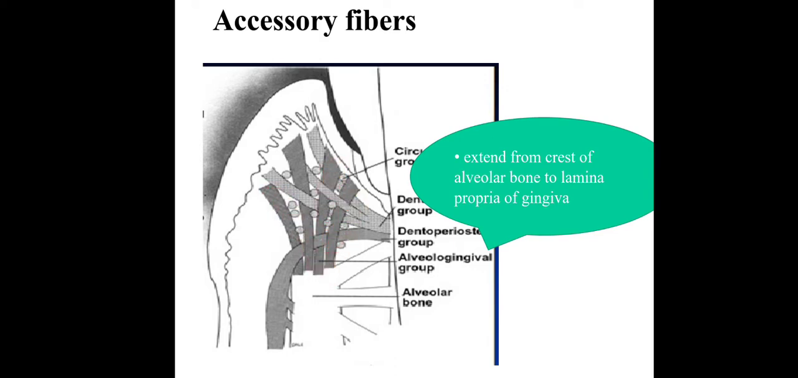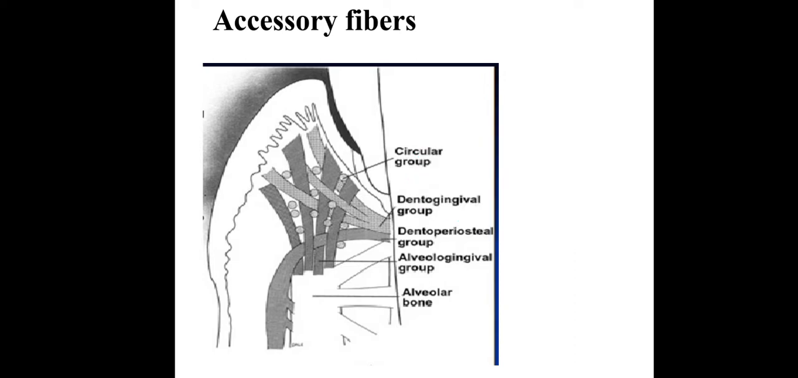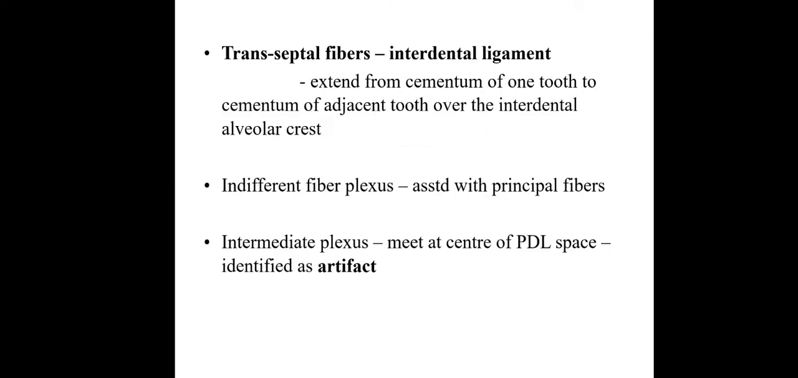The major groups of accessory fibers are the circular group of fibers, dentogingival group of fibers, dentoperiosteal group of fibers, and alveolo-gingival group of fibers. Apart from this, there is a very important group of accessory fibers of the periodontal ligament referred to as transeptal fibers or interdental ligament. The transeptal fibers extend from the cementum of one tooth to the cementum of the adjacent tooth over the interdental